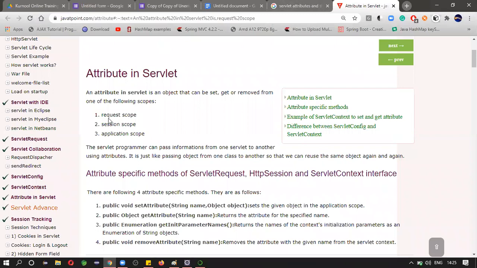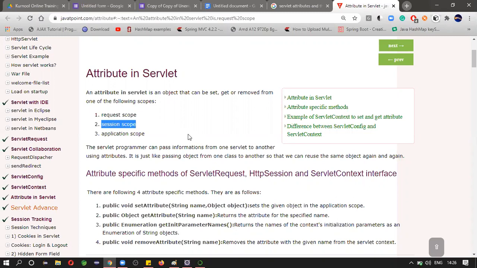In simple terms, request scope means the data will be available from one request to another request only. In session scope, you can handle the data only within the same session.